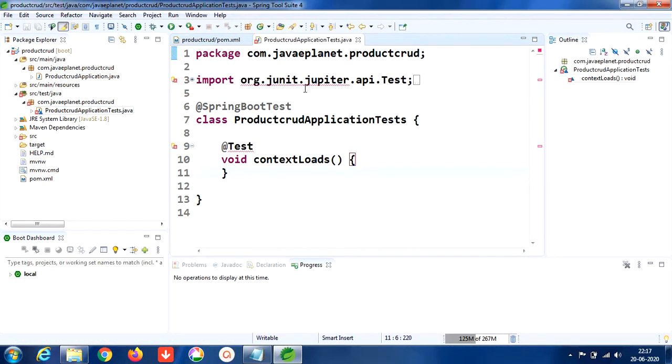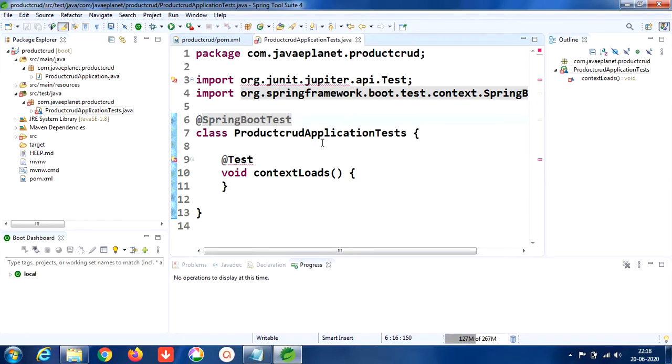Here we are getting the exception, unused imports. We have some unused imports, so let me start removing these.